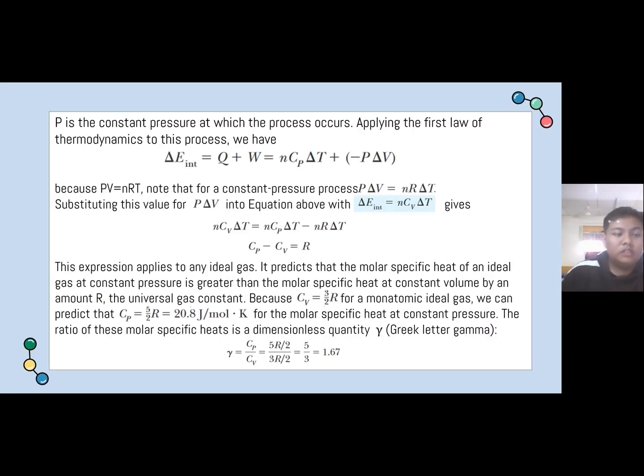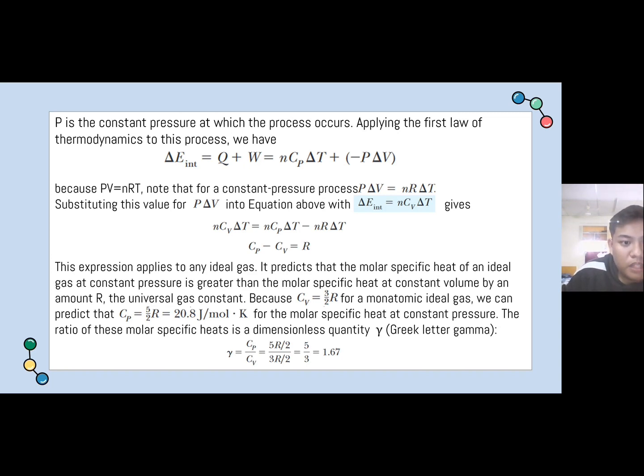Last part for our chapter 20, P is the constant pressure at which the process occurs. Applying the first law of thermodynamics to this process, we have delta E internal equal to Q plus W, which is equal to n C_P delta T plus negative P delta V. Because PV equals nRT, note that for a constant pressure process, P delta V equals nR delta T. Substituting this value for P delta V into the equation above, with delta E internal equal to n C_V delta T,